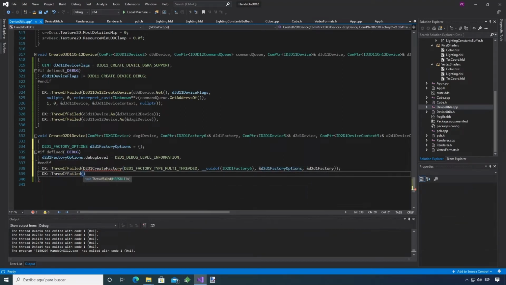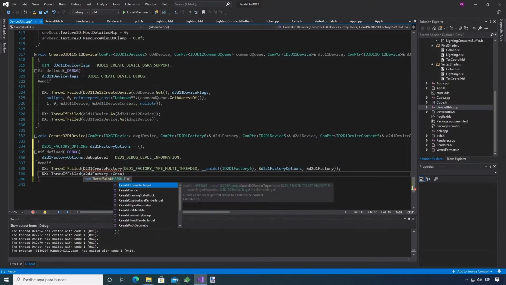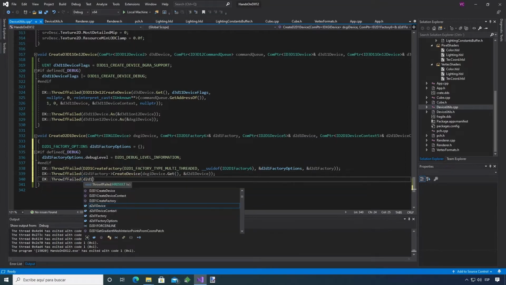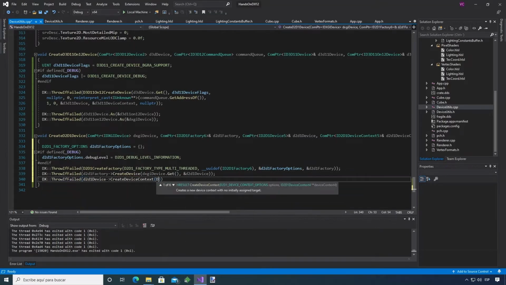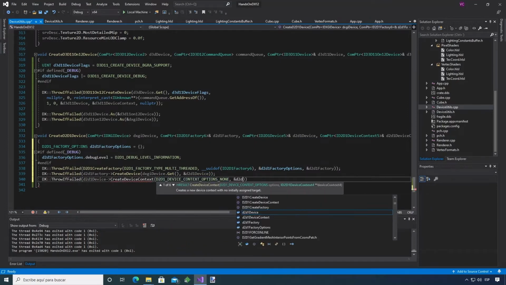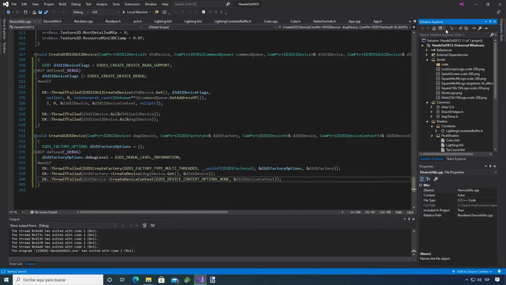Call the create device method for this factory, passing the DXGI device and a pointer to the D2D1 device. On this D2D1 device, call create device context, passing device context options none, and a pointer to the D2D1 device context. Go to the folder view,